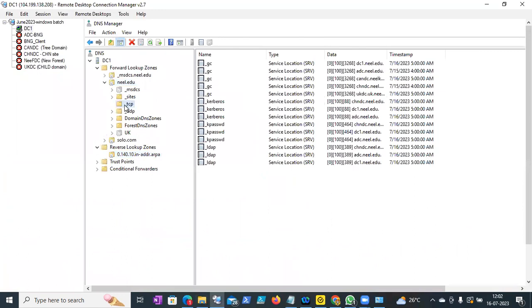When you go to the TCP, you can see the global catalog, Kerberos and LDAP. These are the SRV records, right? And what's happening? Why are these SRV records required? Now, as I said,